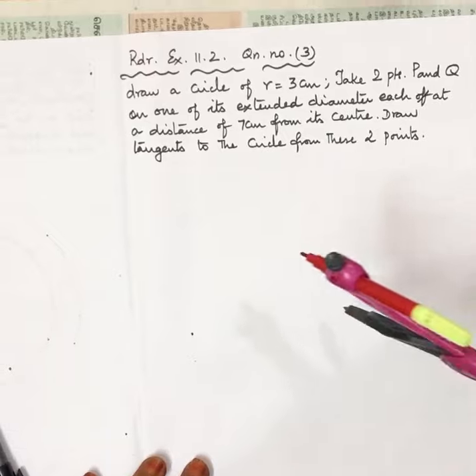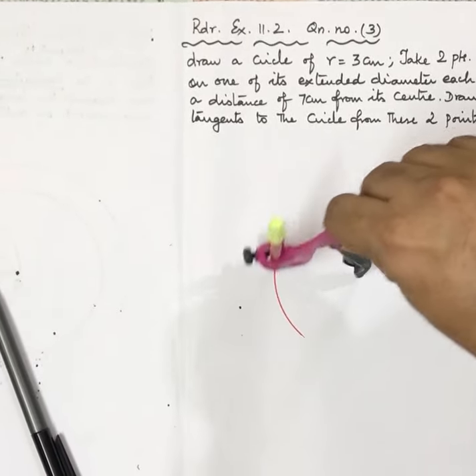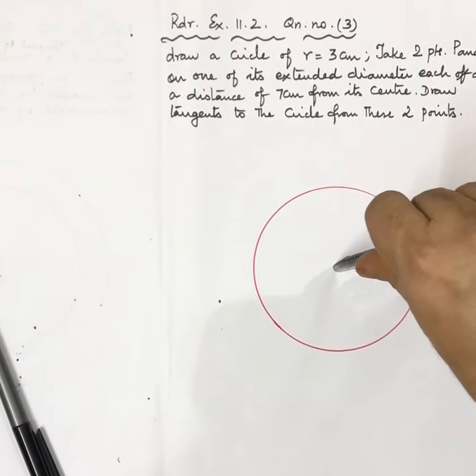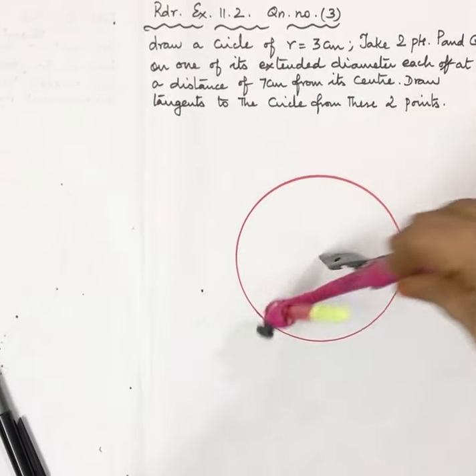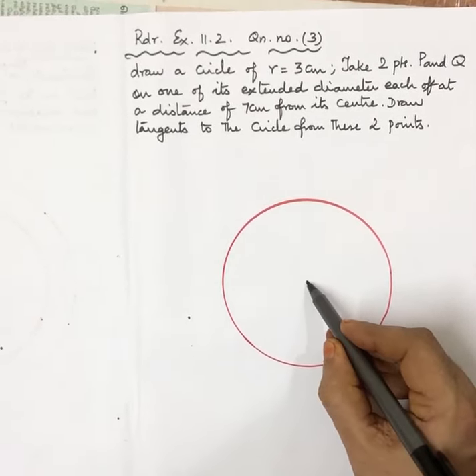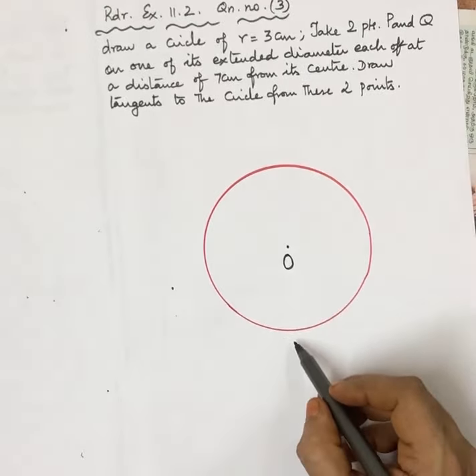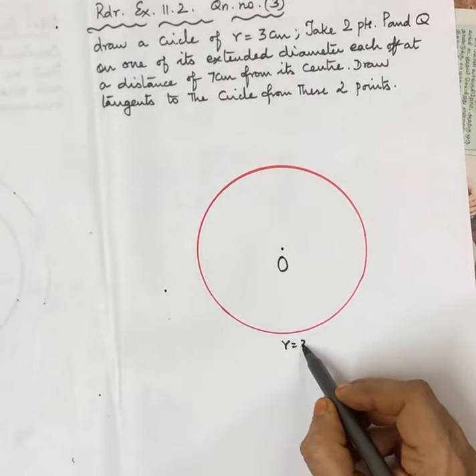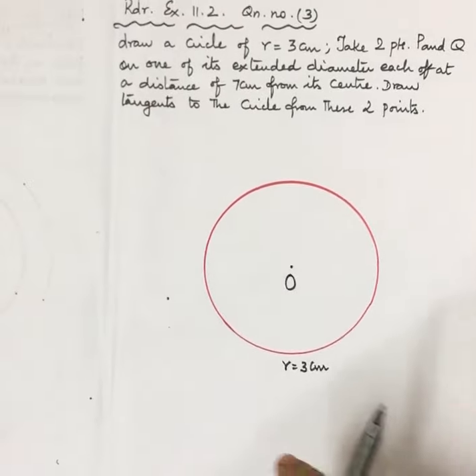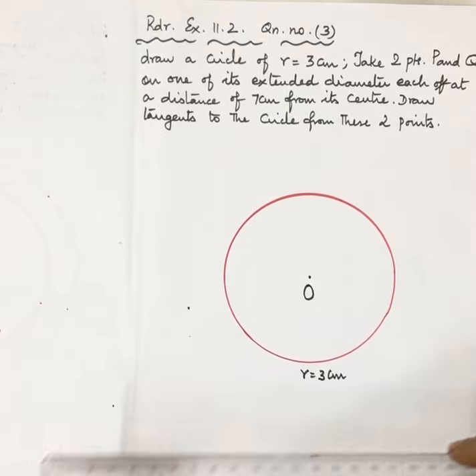Now place the compass in your notebook and draw a circle. At the center of the notebook you try to draw a circle of radius. So name the center as usual as O, and below the circle name the radius as 3 centimeter. This is a circle of radius 3 centimeter. Now